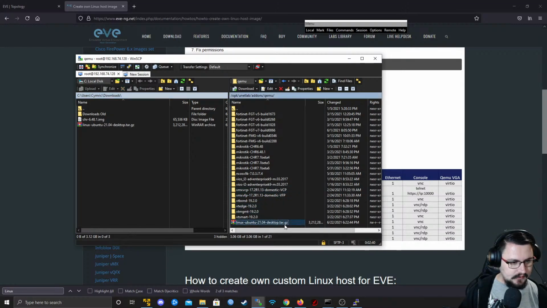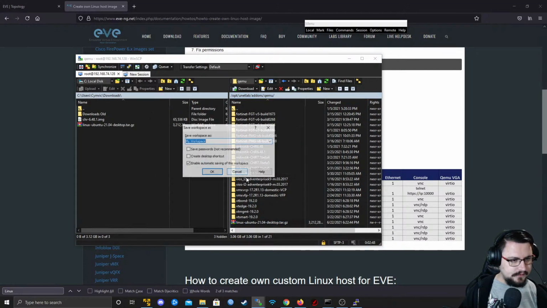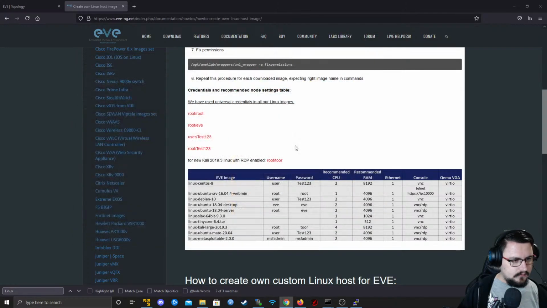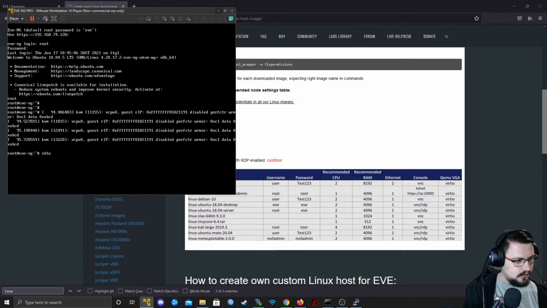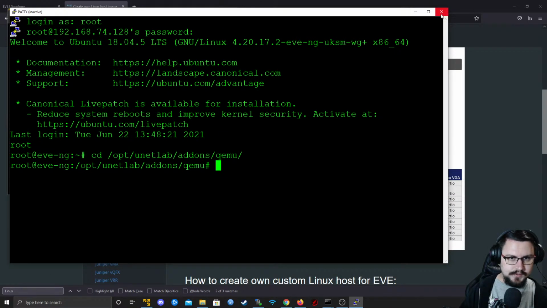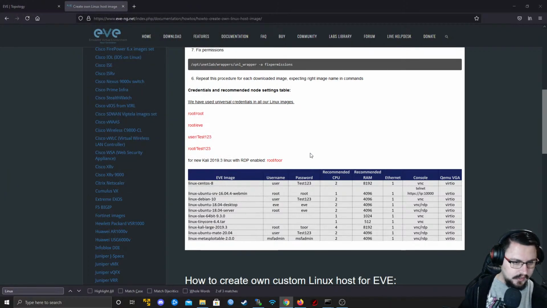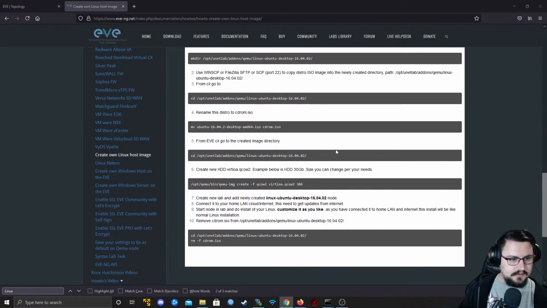All right, let's see. Our image is copied across. Just before I continue, I just need to shut down Eve, unfortunately. So let's just disconnect from here. Yes, let's disconnect, and then I just want to shut down my Eve server quickly. This will drop connectivity, which is expected, but I just want to confirm how big my drive is on the server before I continue, because we need to also give the Linux server effectively a